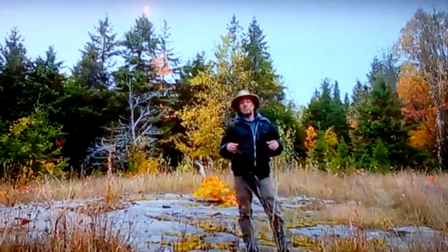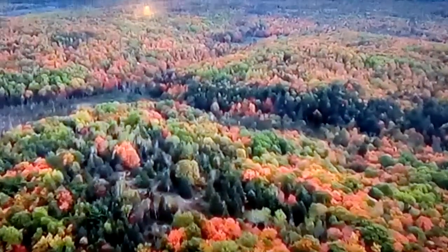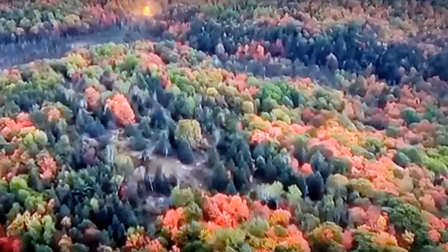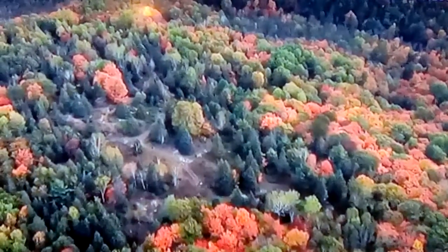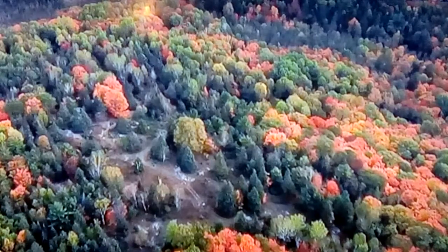Gorgeous to overlook this spot here and everything. You see all the different colors that are around, and again, this is Quebec. He's gone all around here, and he says he's got another video coming up, so I'll touch upon that. Now, somewhat of a worry: there are people that have seen his videos now, and they're trying to get archaeologists to take a good look at it, and that's somewhat of a worry for some of the people, because they go, well, we'll never know anything now, and make jokes out of it. But hopefully we have people that are really trying to find truths and not trying to make everything they find fit a narrative,